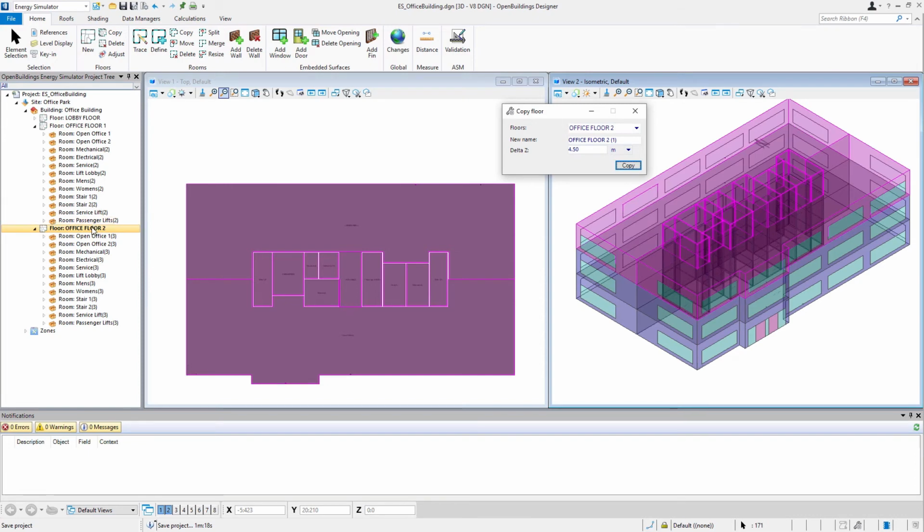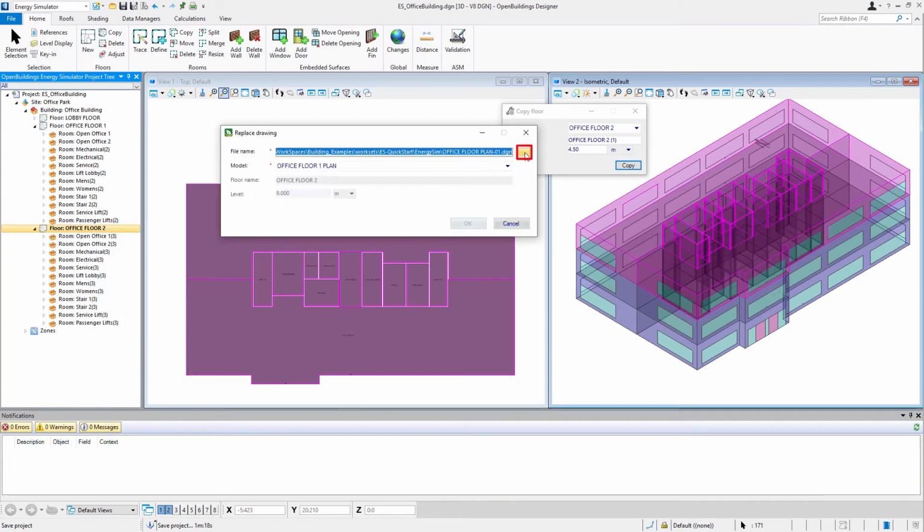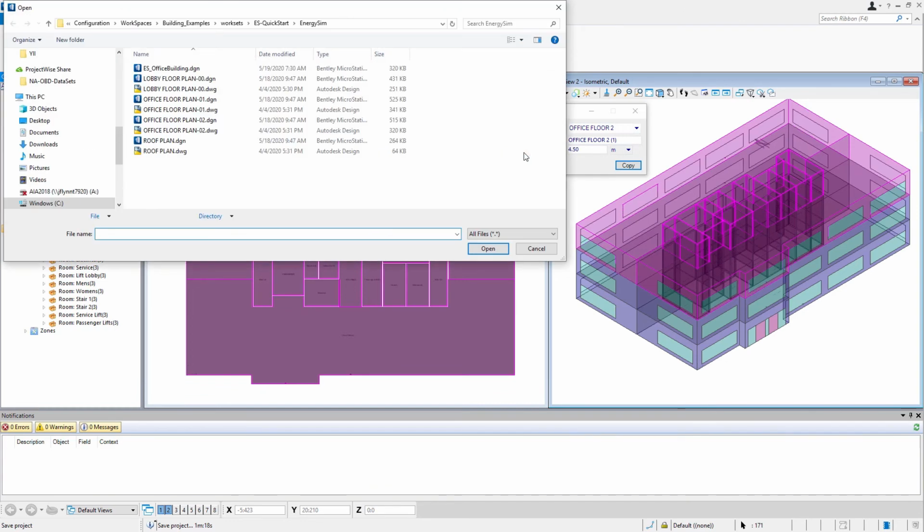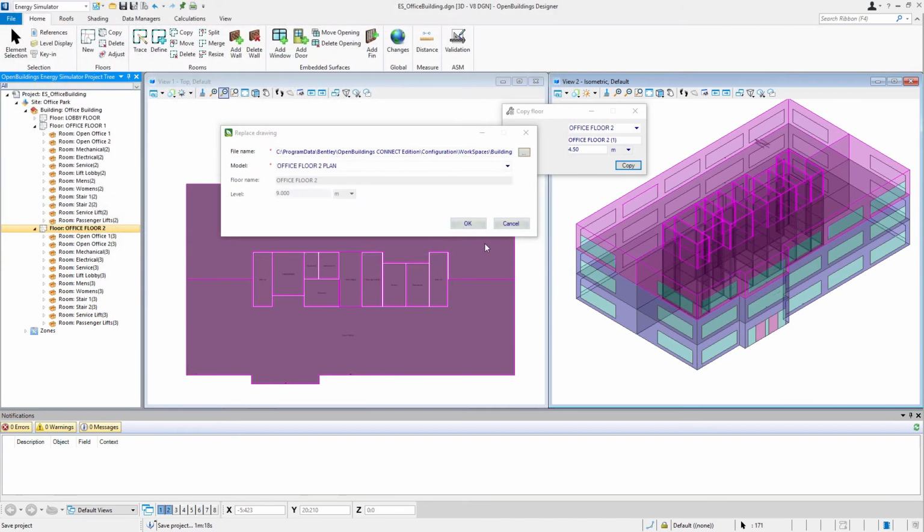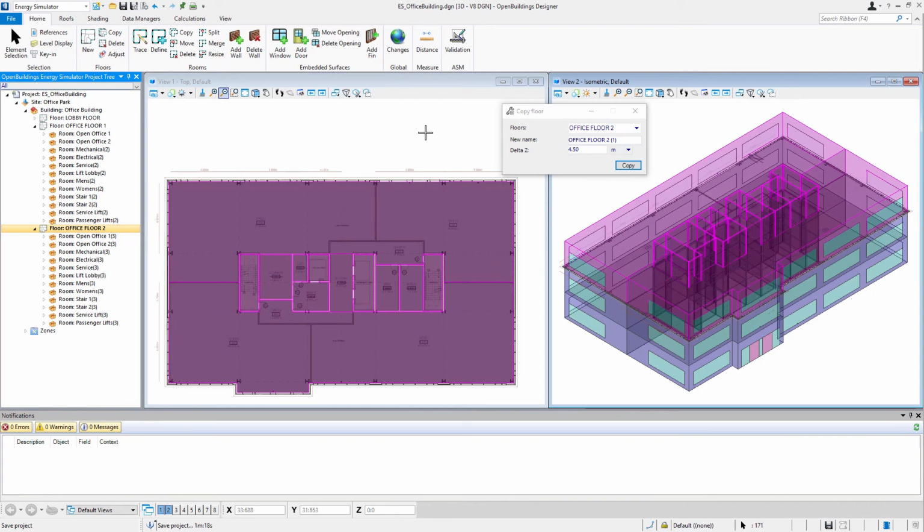We do again want to change that drawing when we add a new floor. So again, I'm just going to select that and say replace drawing. And again, we'll just browse and select the office floor plan 02 and select OK. So we now have a 3-story little office model, energy model, that we could begin to do